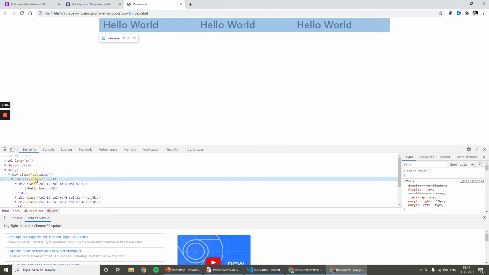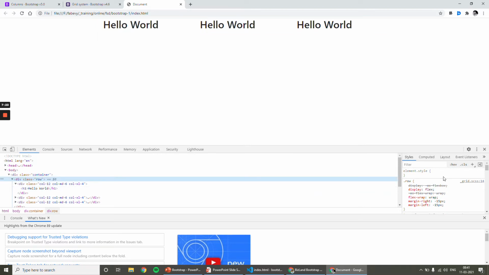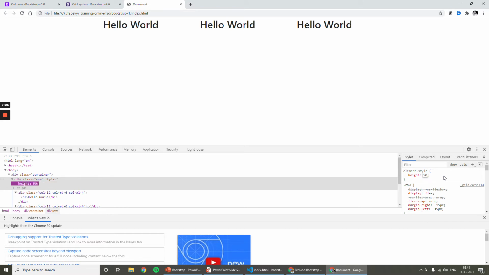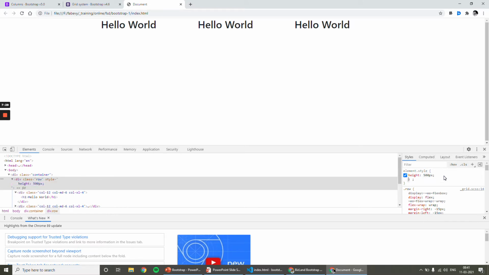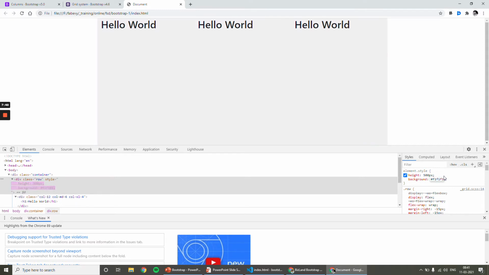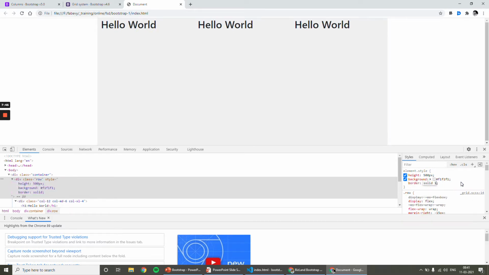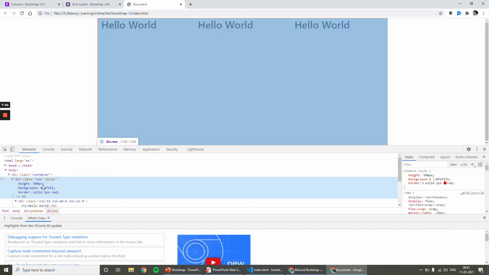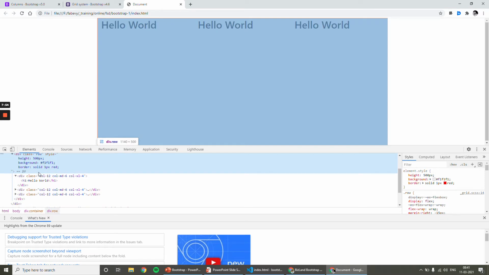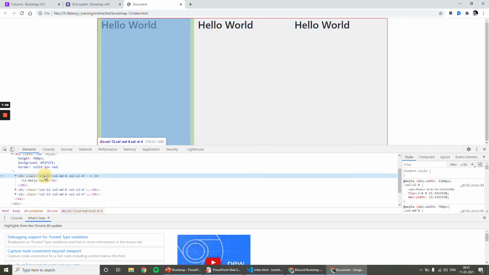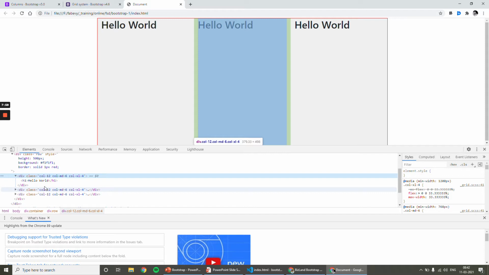Let me set some height for this row. So I will apply height 500 pixel, and let me apply some background so that I will know how much area it occupies. Even better, we can apply border. Okay. So the red border is the space occupied by the row, and let us apply some default values for